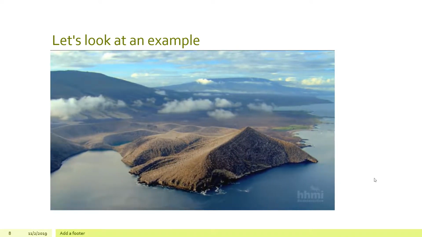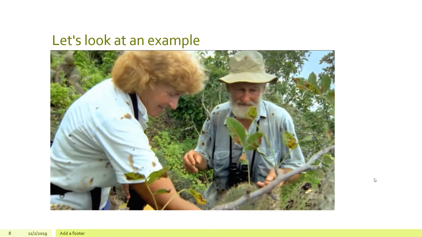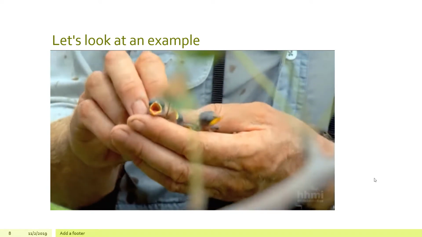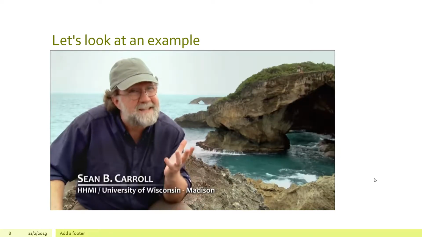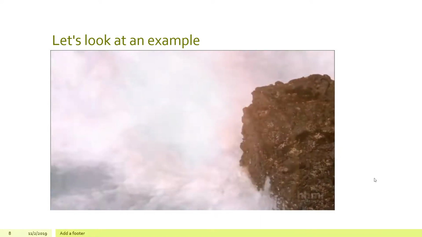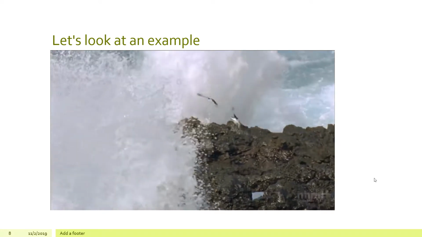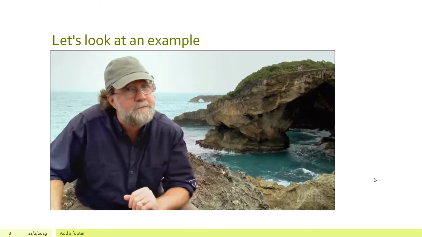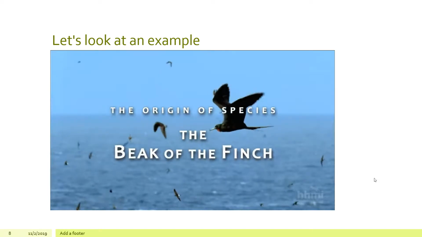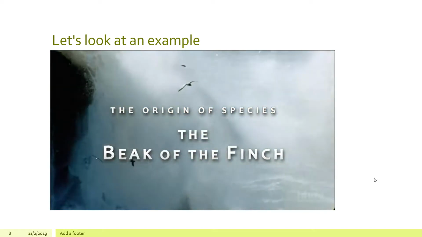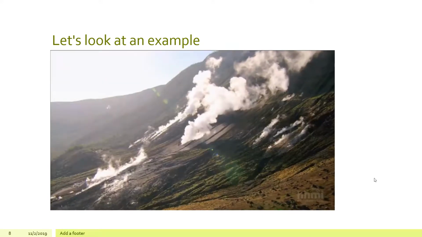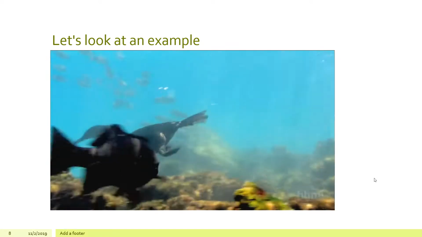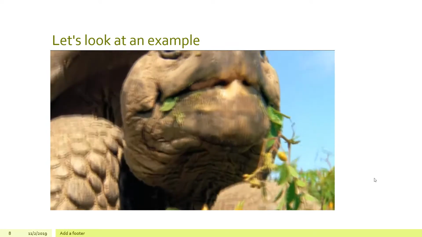To seek insights into that question, researchers are focusing on places where species recently arose, such as the remote Galapagos Islands. Scientists are making observations and conducting experiments that would have surprised Charles Darwin. And they're discovering new insights into what the great naturalist called the mystery of mysteries: how new species form. The Galapagos Islands are one of the most spectacular landscapes in the world, home to a variety of species that live nowhere else.